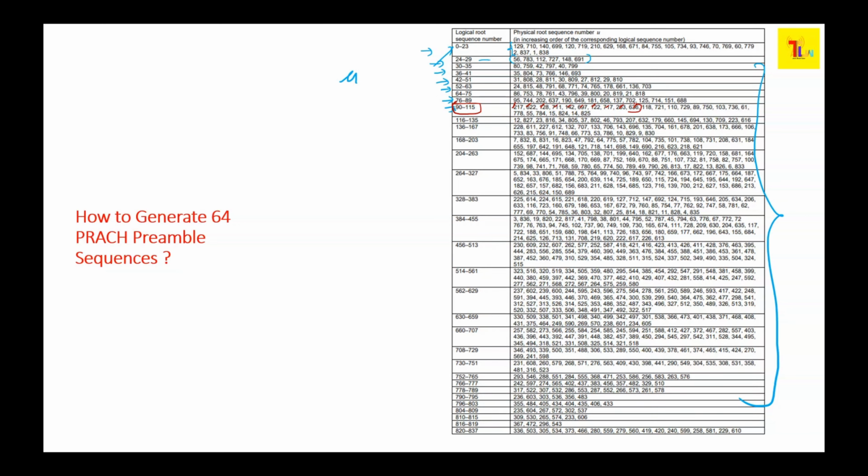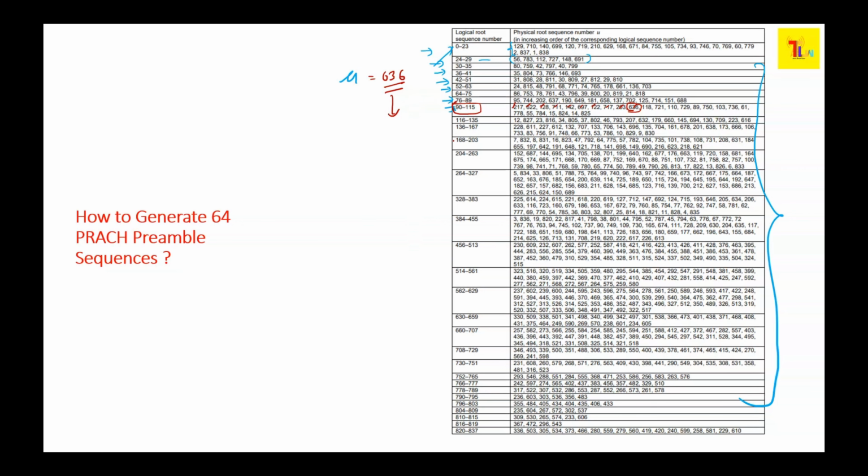So 636 is your mu value. That is the physical root sequence, and that is going to be used by the system further in the calculation. We have this mu value as 636 because of the root sequence. Hence this particular sequence will be used as a starting point